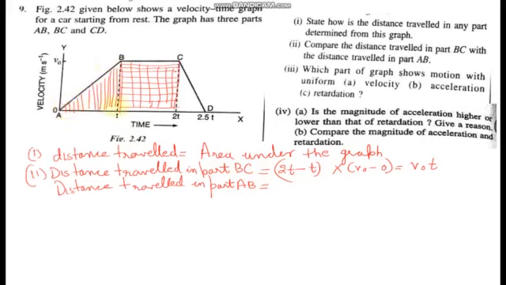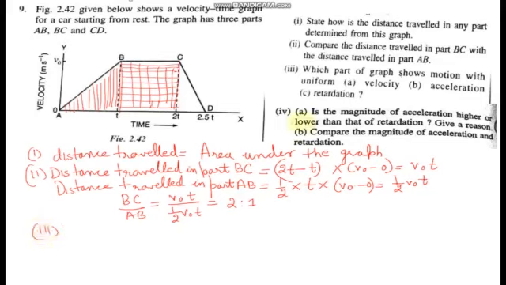Now this is a type of right angle triangle. So what is its area? Area will be half into base into height. अब base ये है. What is the length of this base from 0 to t? The length is t. And what is the height? Height is V naught minus 0. It comes out to be 1 by 2 V naught into t. So when you compare the distance traveled in BC by the distance traveled in AB, it is V naught into t to 1 by 2 V naught into t, and the ratio comes out to be 2:1. So this is the answer.